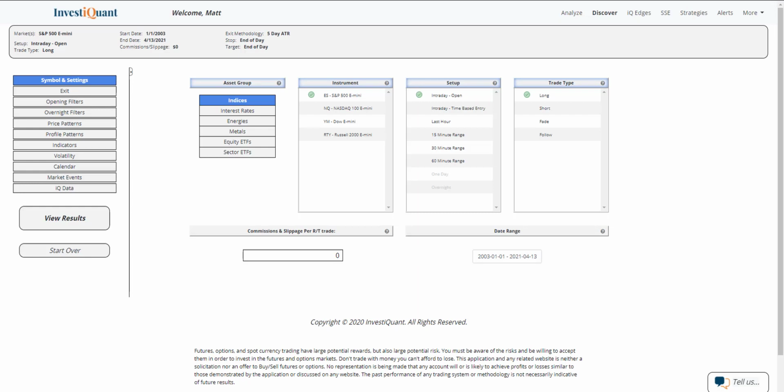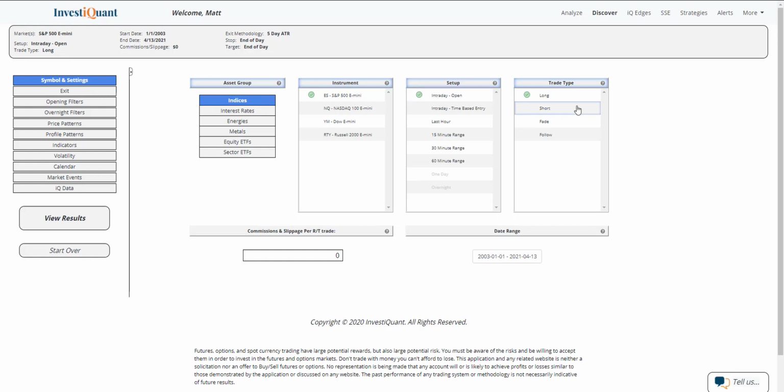So the overnight session has been pretty quiet in the S&P up until about the past hour or so. There was some news that came out about a Johnson & Johnson vaccine and blood clotting, and the market has reacted negatively to it, and we now have an outside session forming in the overnight session. So that's something we can actually test here for the S&P. We're going to be looking at the S&P specifically on this study, so I've got ES selected here.